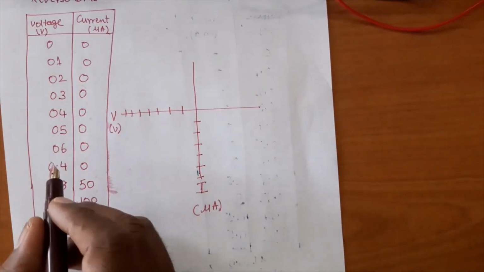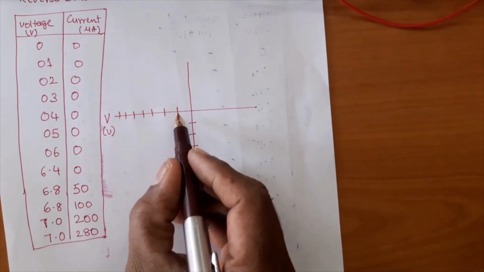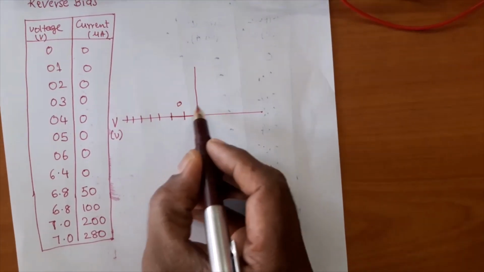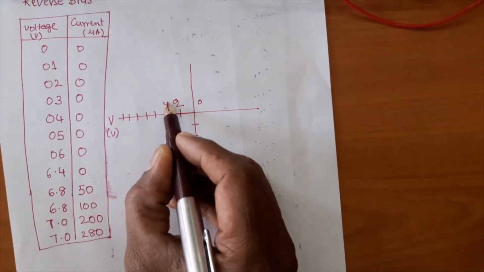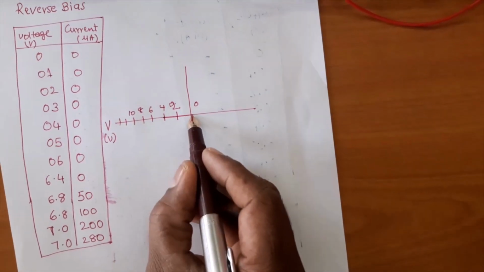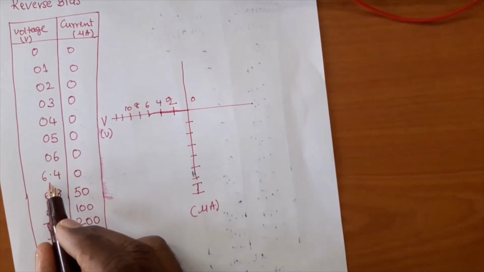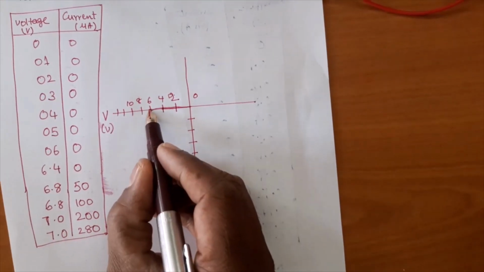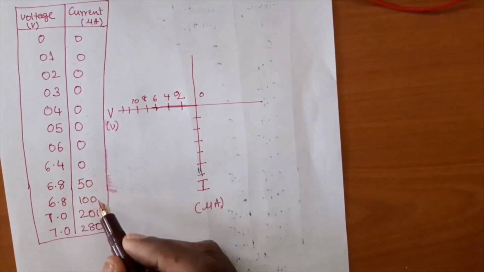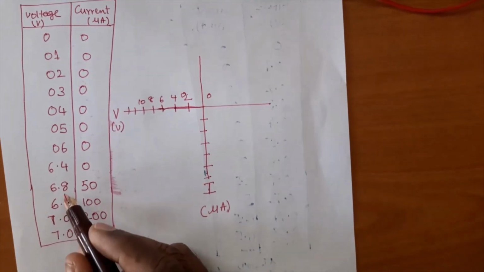See that from 0 to 6, the current is 0. So the current value is 0. If I take 0, this is 0, 2, 4, 6, 8, 10. The current is 0 up to 6, there is no current. And even at 6.4, there is no current. But once I moved to 6.8, there is a sudden and sharp increase in the current, whereas the voltage has almost